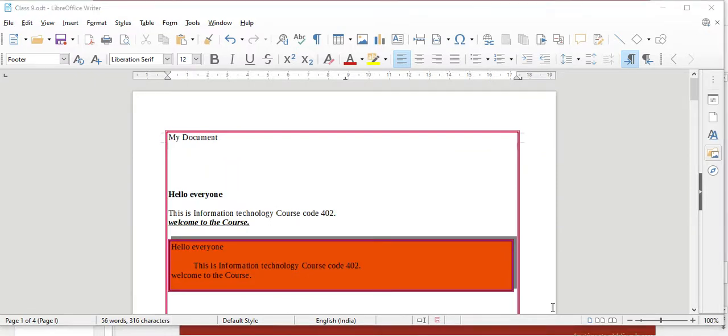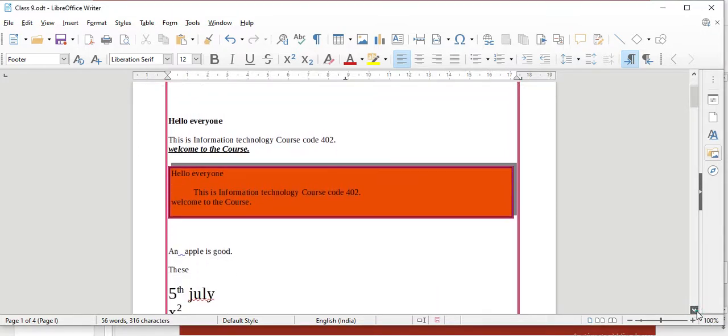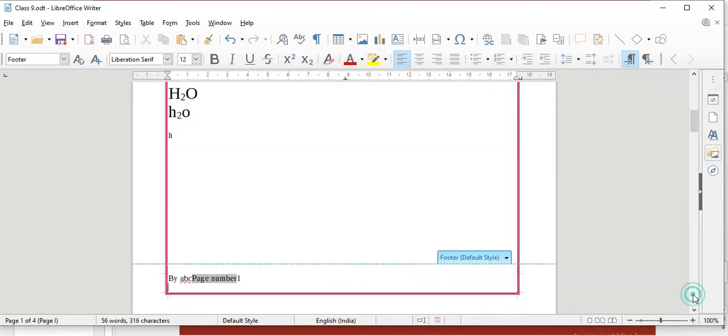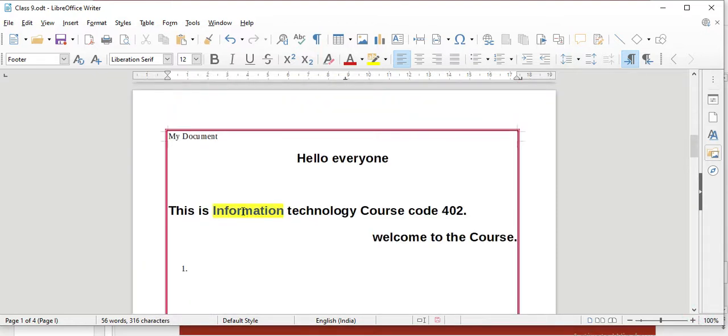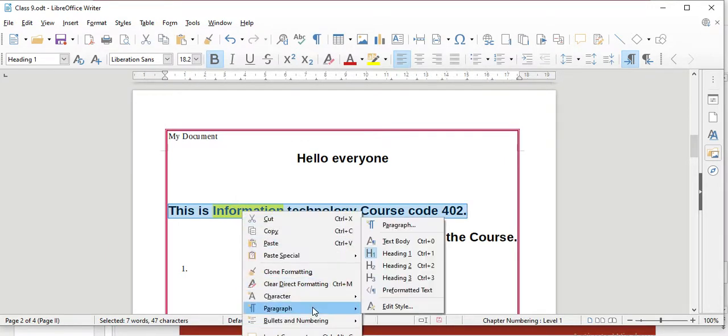Now adding the background color. To add the background color to the paragraph or selected paragraph or the selected area, tap from the paragraph dialog. Alternatively, right click anywhere in the paragraph and choose the paragraph from the context menu. Right click on that, click on the paragraph, and then here from the paragraph.